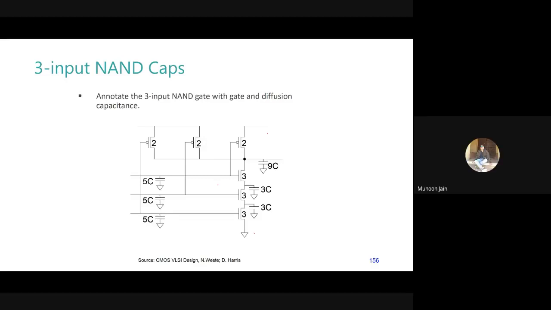Sir, what about the capacitance of the PMOS that were on the upper side in the previous slide? Rest two I understood. So if there is a capacitance here or a capacitance here, we already know that capacitance between the node and itself is 0. So this is also VDD, this is also VDD. Can there be a capacitance between VDD and VDD? Yeah, no capacitance can occur. Okay, sir. Sure. Okay. So everything clear till here?